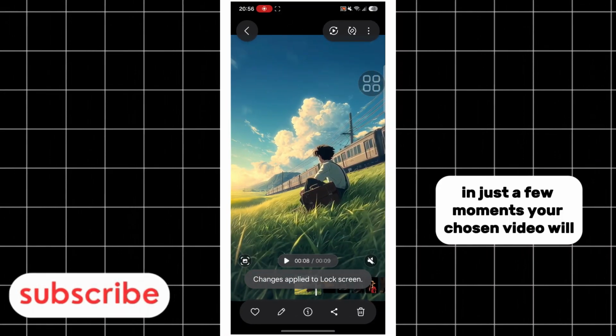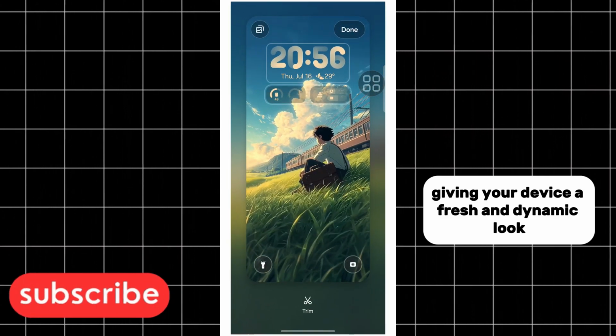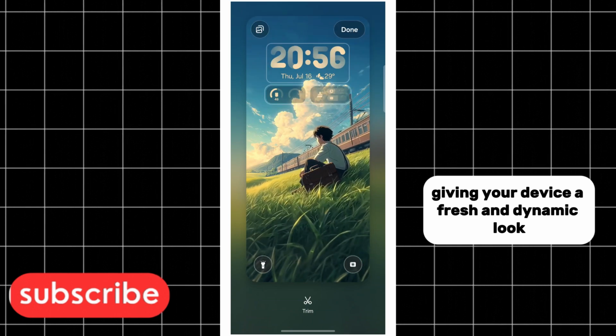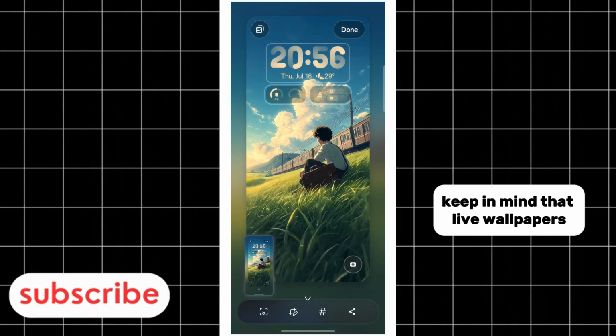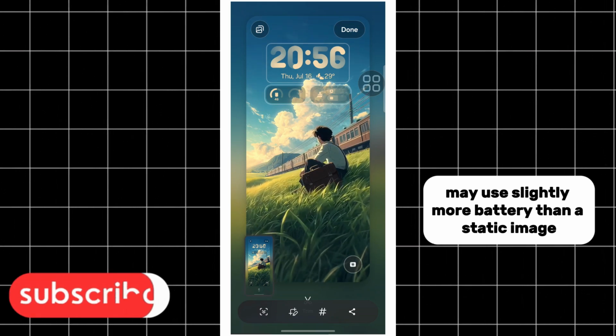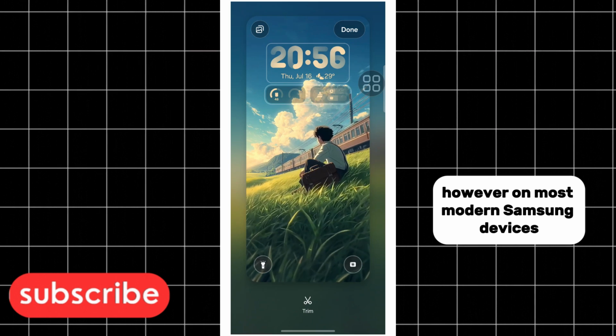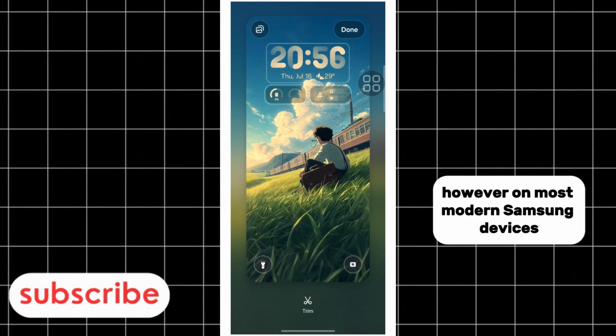In just a few moments, your chosen video will become your new lock screen wallpaper, giving your device a fresh and dynamic look. Keep in mind that live wallpapers may use slightly more battery than a static image, especially if you unlock your phone frequently. However, on most modern Samsung devices, the impact is